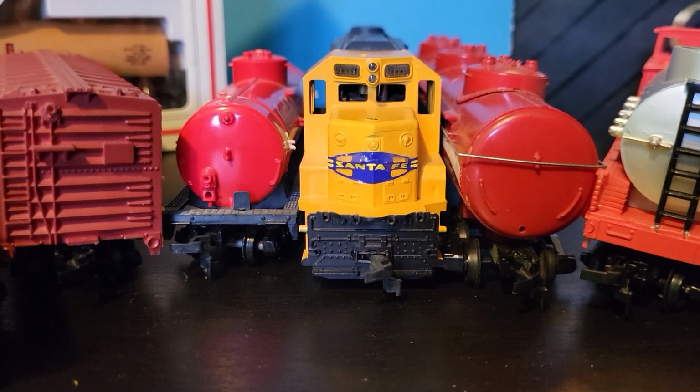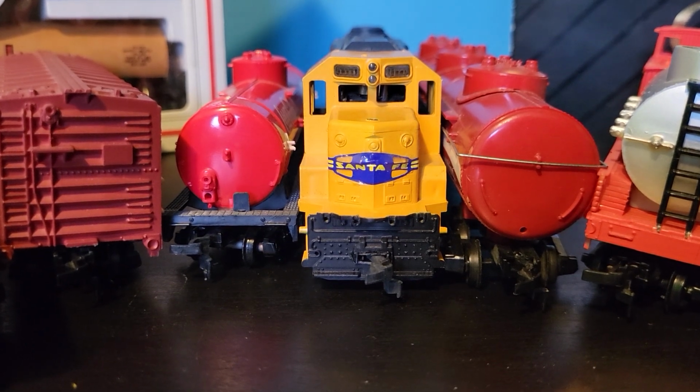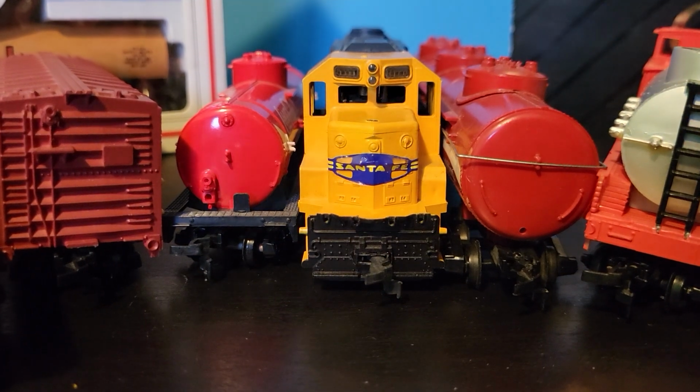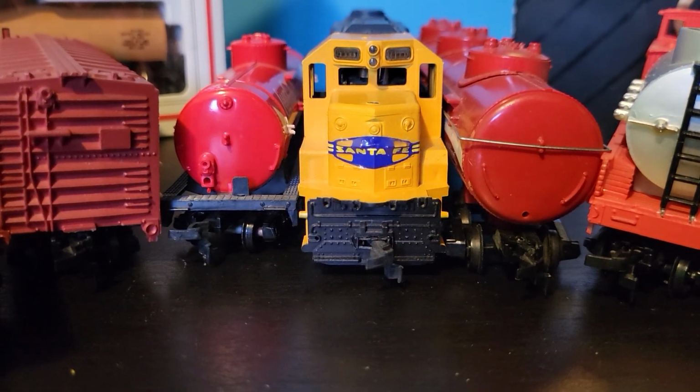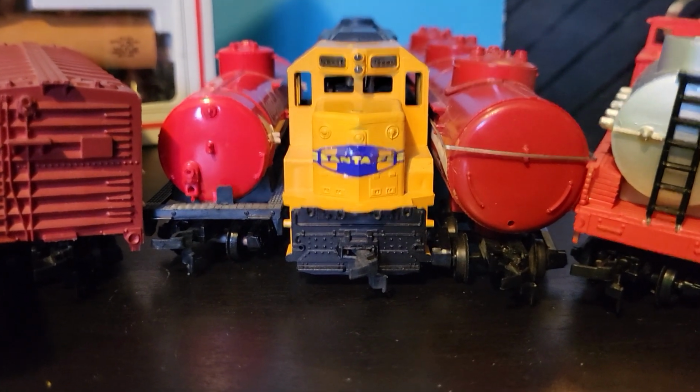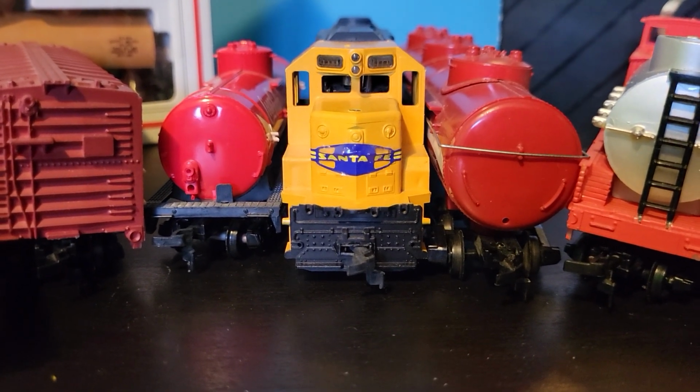It does have a cab light. Whether it works or not, I don't know, because I didn't actually pay attention when I ran it the first time, because the lights are on in the room, so I wasn't really paying attention to it. But yeah, I think that's it for these. I'm just selling because there's stuff I just don't run. Because I'm tempted to also sell...